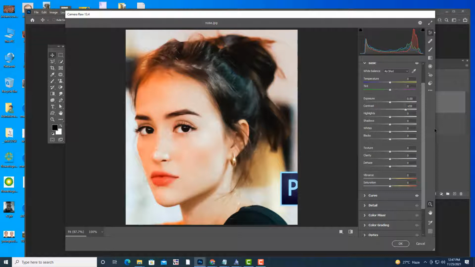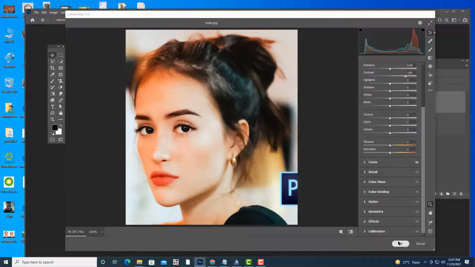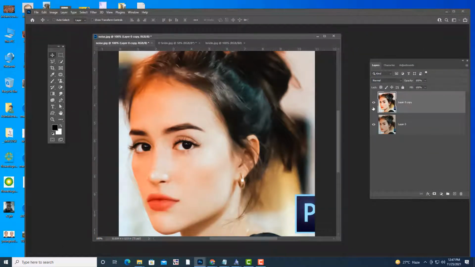Like this, now it is looking very bright, very neat. You can see the difference, how much change we got, using camera raw.